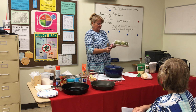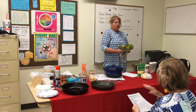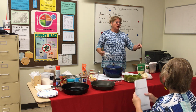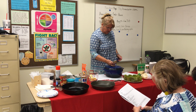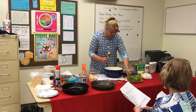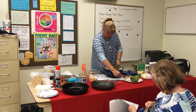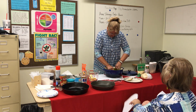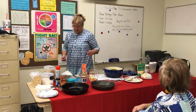Okay, so it talked about boiling your peppers. When I made stuffed peppers before, I didn't par cook them, and they were hard as a rock when everything else was done. So I just boil them in the water so they're kind of soft. It took about 15 minutes is all. Okay, so I've just got them sitting in there,